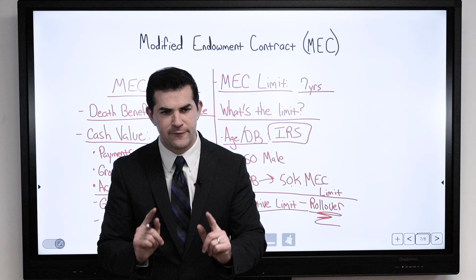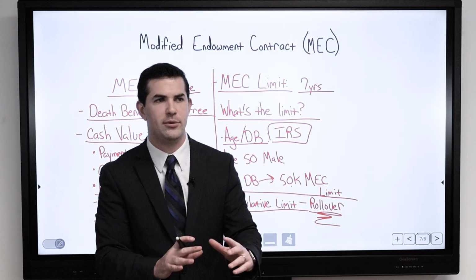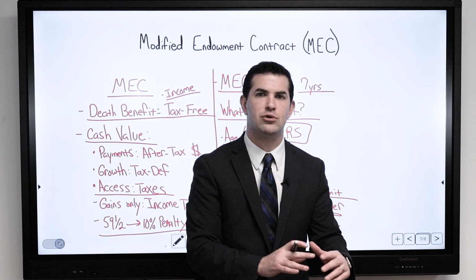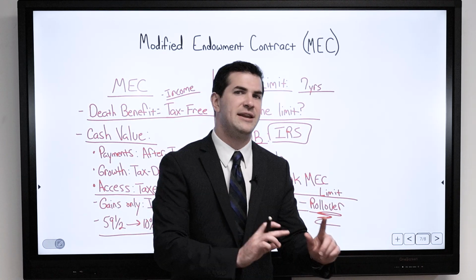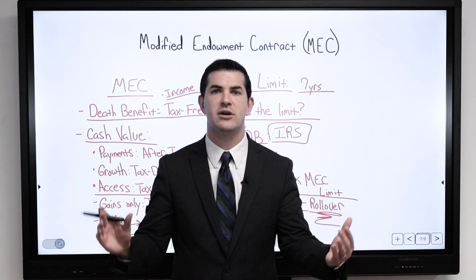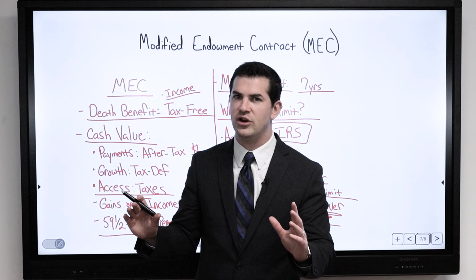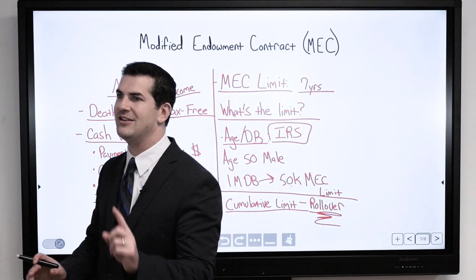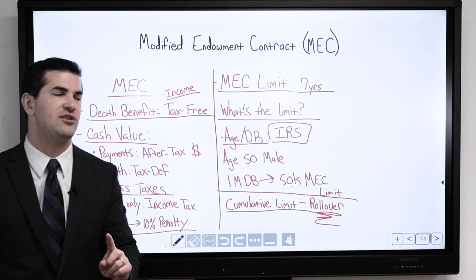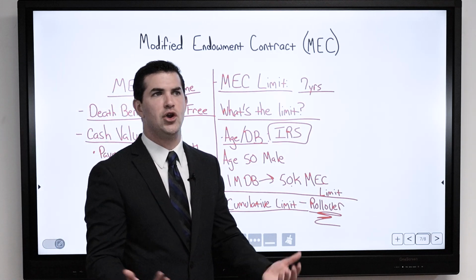But it is very, very critical because we've seen a lot of people get into trouble like this. When I say trouble, they have to reduce their payments or they run into MECs. What I recommend is looking at a conservative dividend rate or no dividend. Look at the guarantees. If I see my policy MECing based on a projection in a conservative dividend environment, that means that that death benefit is not appreciating at a fast enough rate. If you're very advanced or seasoned in the insurance industry, you know what I'm talking about.